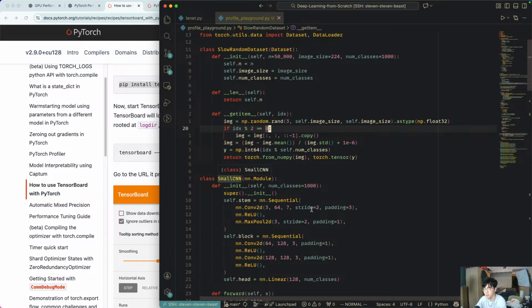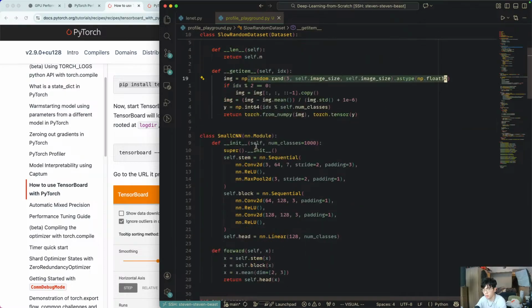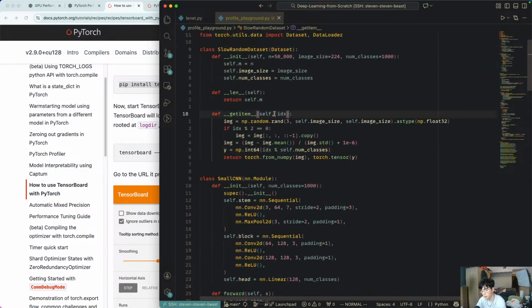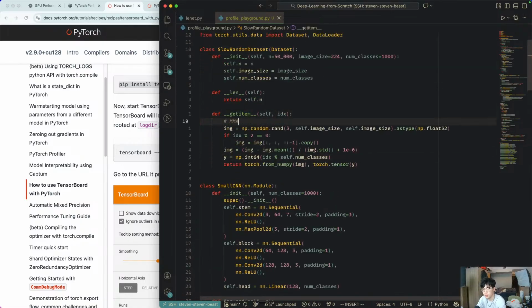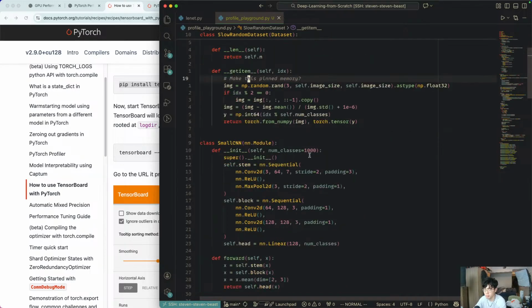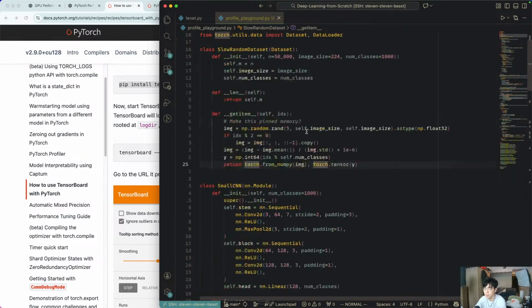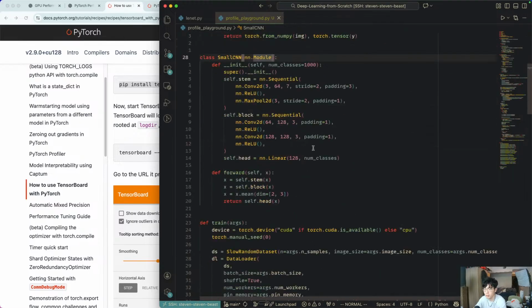It's going to copy it into CPU and then transfer it into GPU. So ideally, if we can get rid of this overhead, that could bring us some speedup. So we want to try to make this pin memory first, and then our CNN